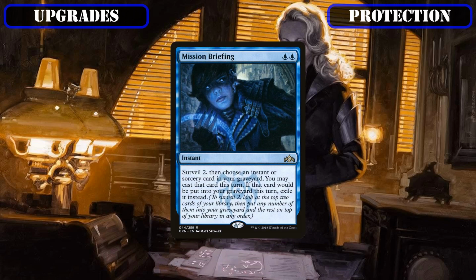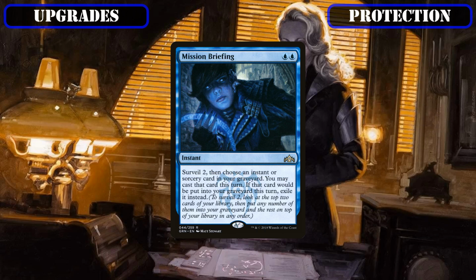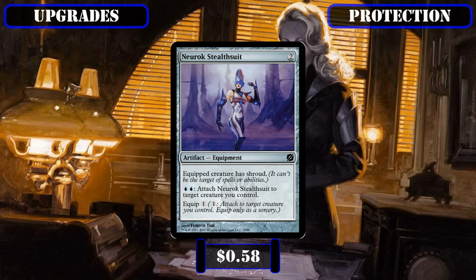Shelving Mission Briefing, which admittedly can allow us to recast some of our fantastic reanimation spells, but after upgrades, will lack the number of instant and sorcery targets to make it worth reliably running here, to add in a Narok Stealth Suit, which again provides targeted removal protection in the form of Shroud, that, thanks to allowing us to attach it as well as equip it, we can use to protect our more valuable reanimation targets at instant speed if we have the mana,